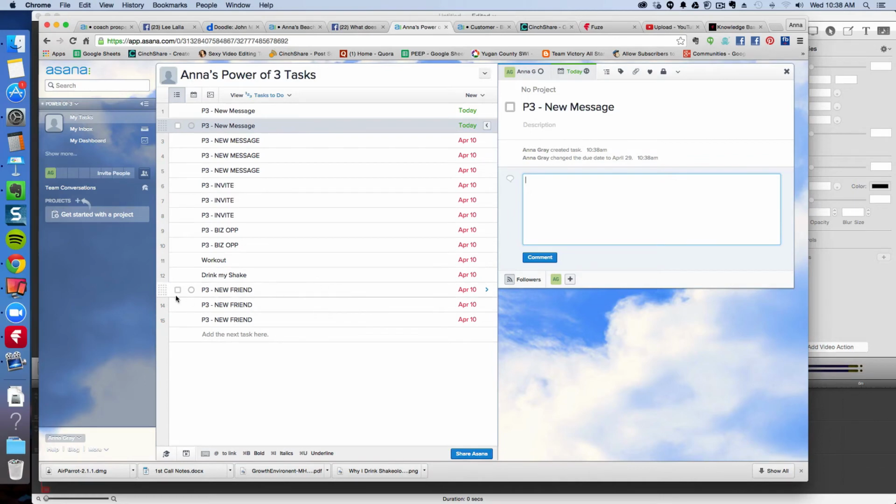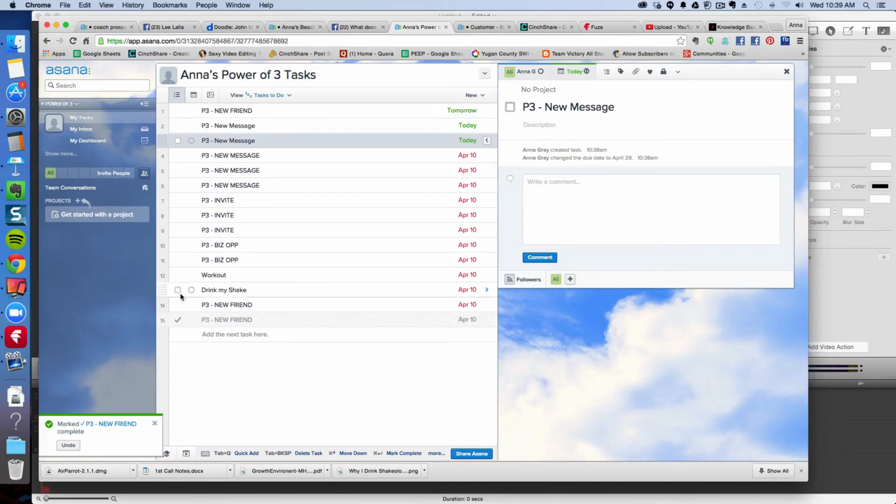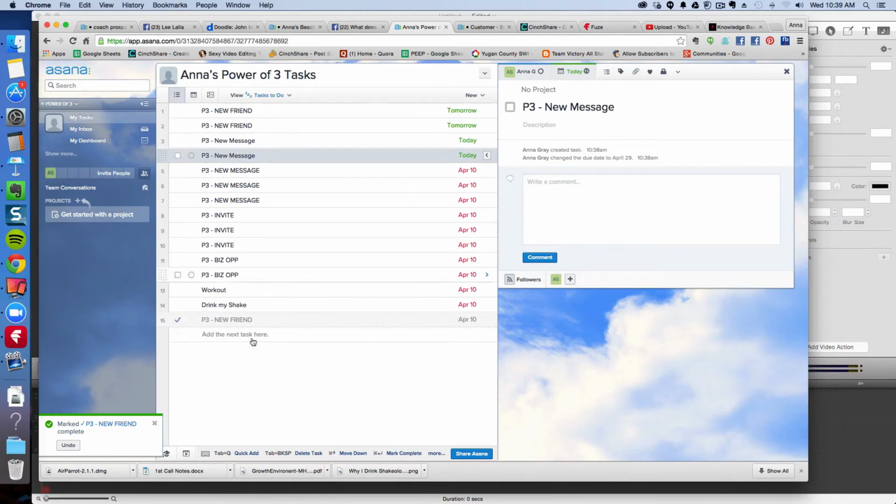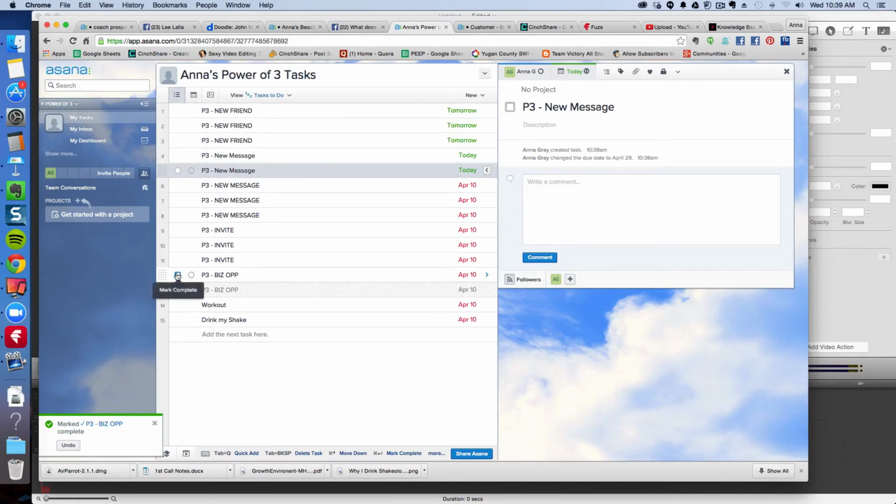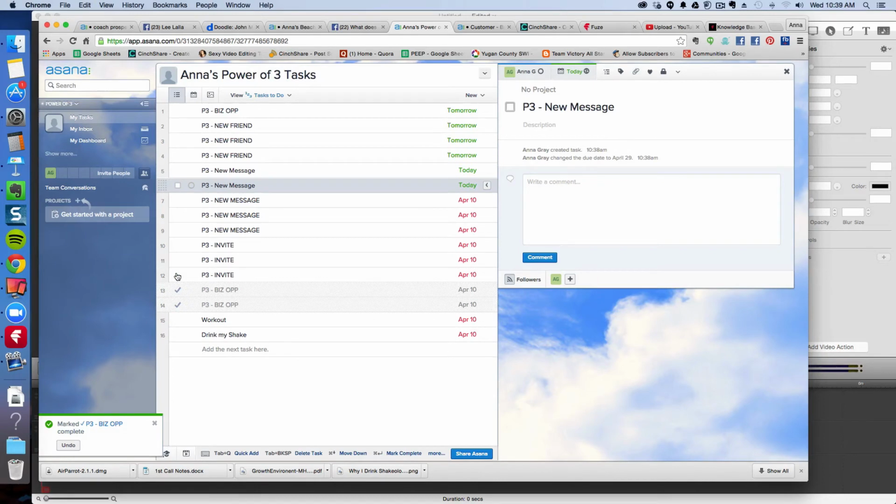Okay, so you can see what happens. When I cross this off, it's going to pop back up because it's showing up daily. Right? New friend, boop. Now, I did it today. It's going to show up now. I need to do tomorrow. Same thing, business op. It'll show up tomorrow. But I'm crossing them off my list. So every day I see this, I can cross them off as soon as I put them in my